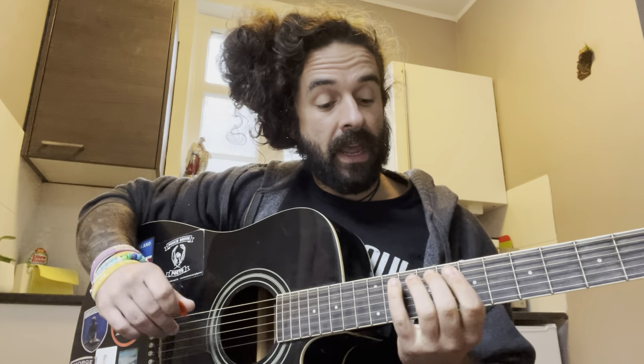So now we have that D major bar chord. We're moving up here to do our little riff. Now we're noticing we're playing our D major pentatonic. What this does now is if I go up here to this D major bar chord, I now have my D major scale. So now I've tied together this whole part of the neck, right? Now I'm covering a lot of ground here. Now if I move back to the pentatonic position,